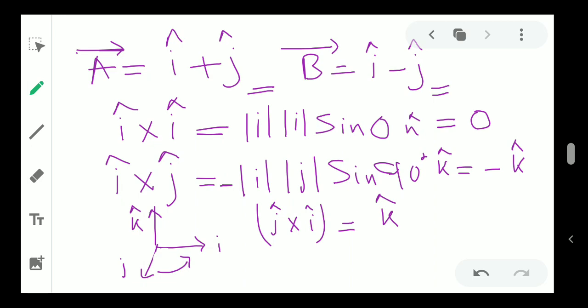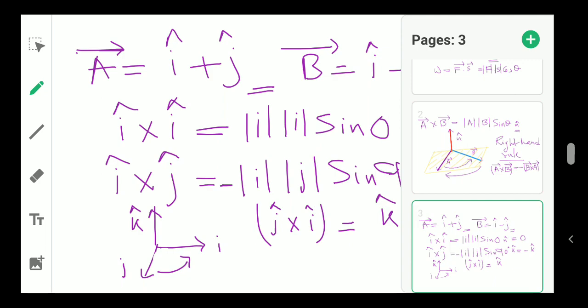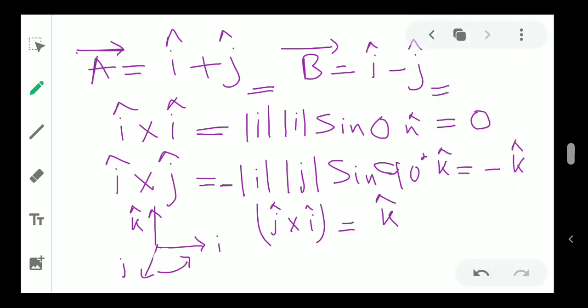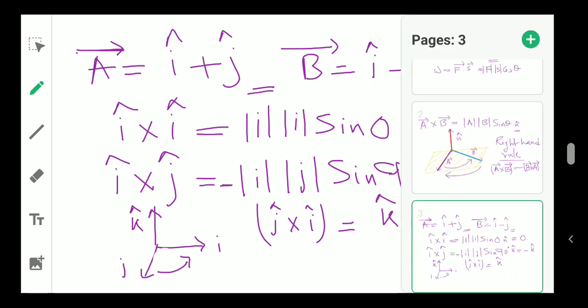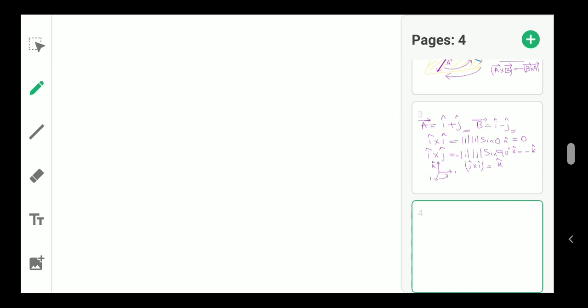I cross j is minus k cap, because the direction of my thumb while going from I to j is showing downward, and j cross I is k cap. So basically these things are important. I think we should not use any trick, but we should draw and see, because that will be much easier. Now coming to this one,